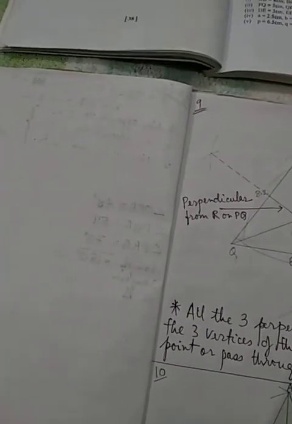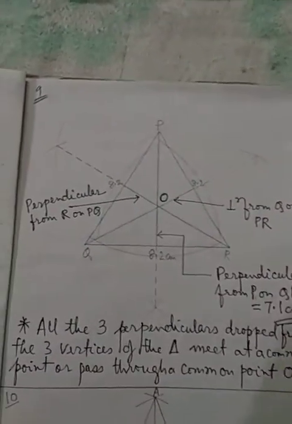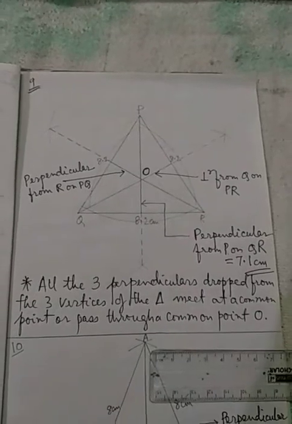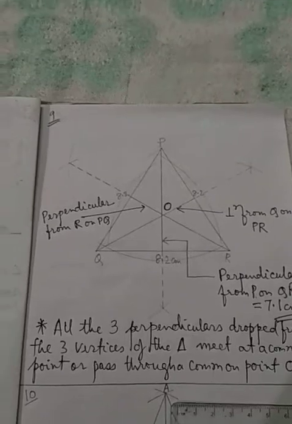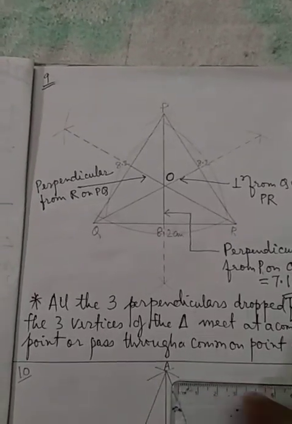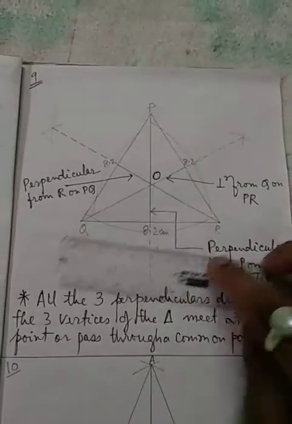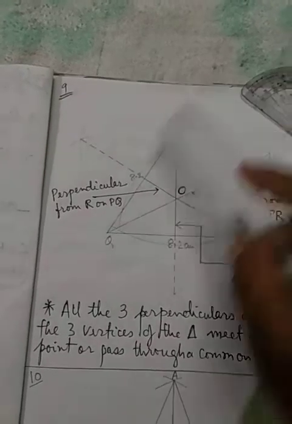Next one, student, will be that number 10. Let us take that number 10, or we could take number 9 also. Let us take the next one, number 9. So in number 9, again same thing, they are asking you, number 9 is an equilateral triangle. Equilateral means all the three sides equal. So therefore I have not drawn any rough figure, no need. You take the base as 8.2. So PQR will be the triangle.